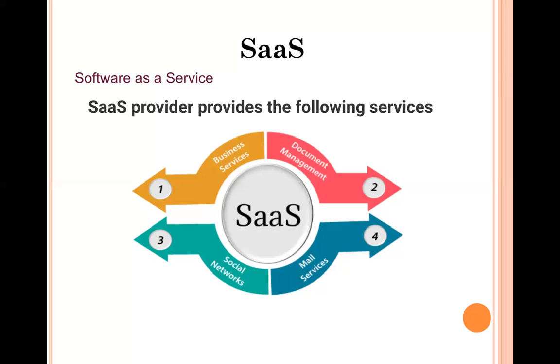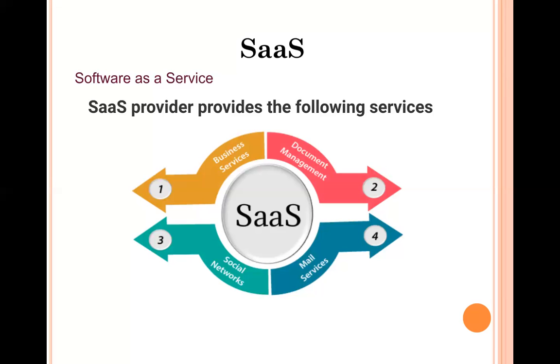See, here software is provided by the cloud. So the end users do not require installing any kind of software. They can use any software online. The best examples of it are Microsoft PowerPoint, Microsoft Word, Excel, then Google Drive. All are SaaS, software as a service. We can use different kinds of software online.